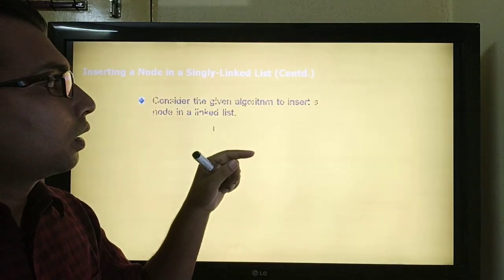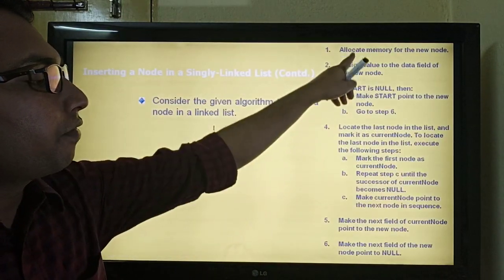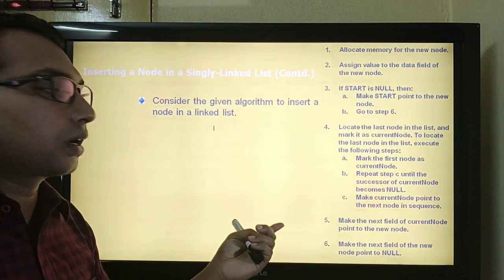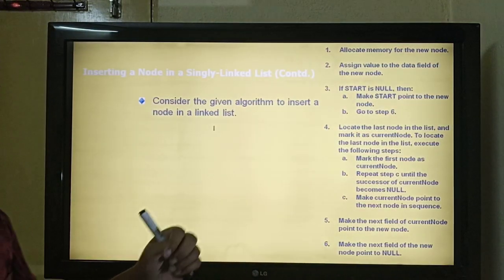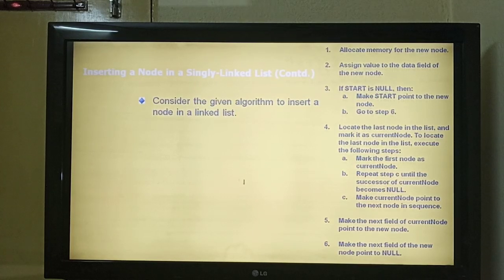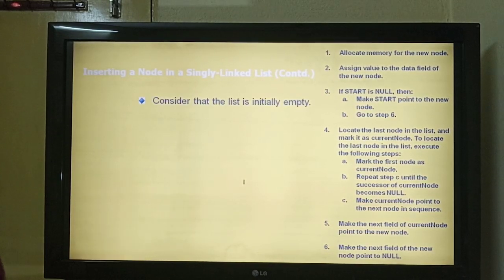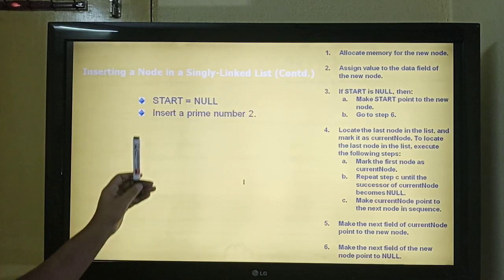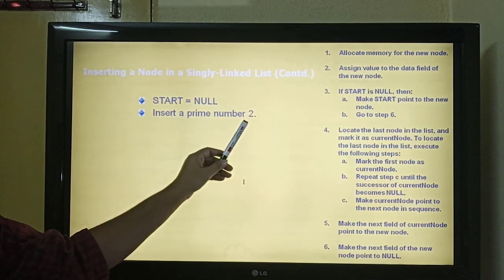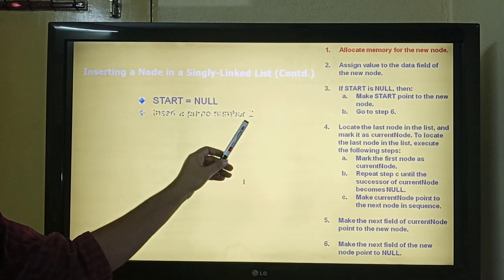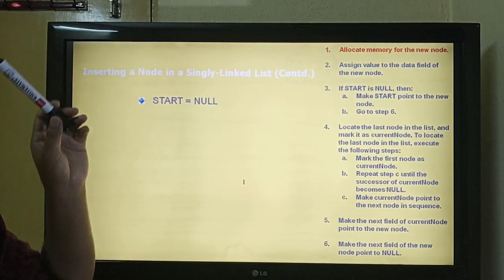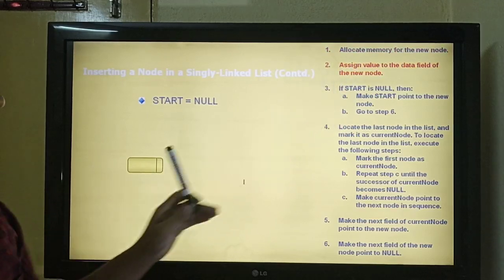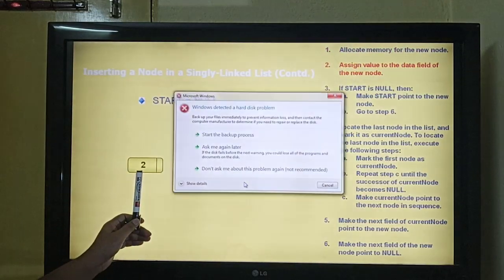This algorithm will give us the same structure that we have discussed earlier. Now suppose initially the list is empty, hence start will be null. Now the prime number 2 is generated. So we will allocate memory for this new node. Then we will assign the value to the data field of the new node.